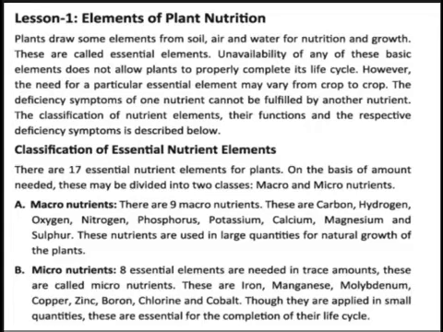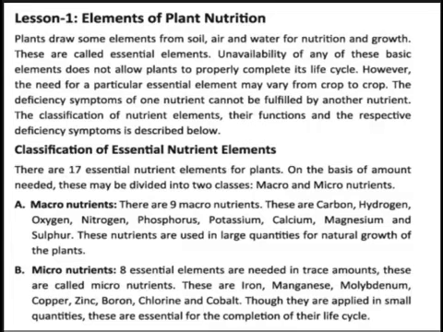There are 9 macronutrients. These are carbon, hydrogen, oxygen, nitrogen, phosphorus, potassium, calcium, magnesium, sulfur. These nutrients are used in a large quantity for natural growth of the plant. That means these 9 elements are used more, and that is why they are called macro. And